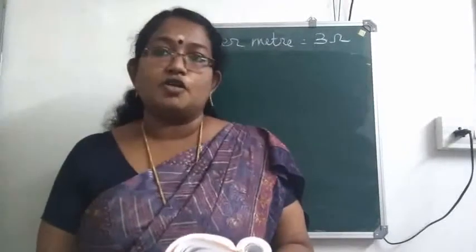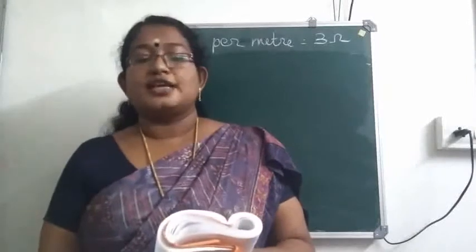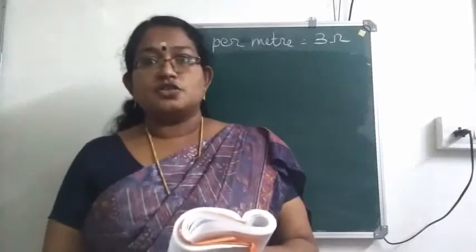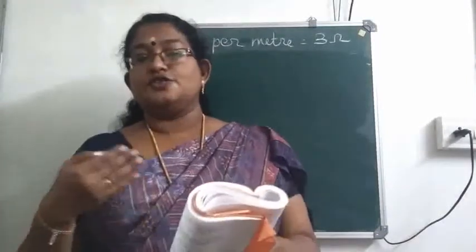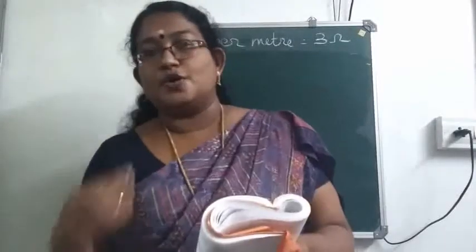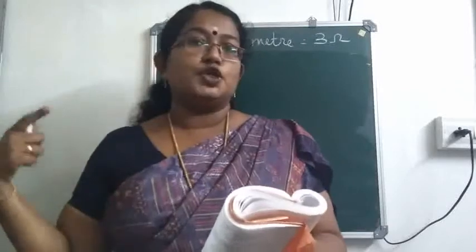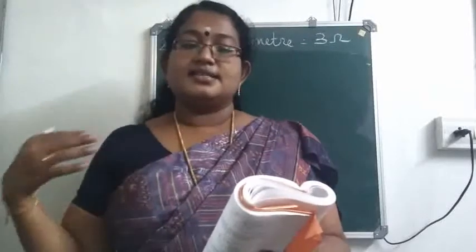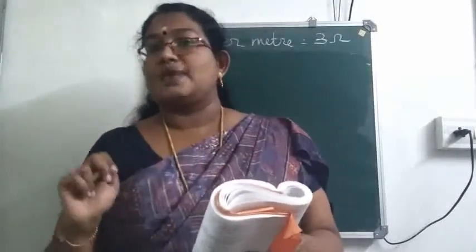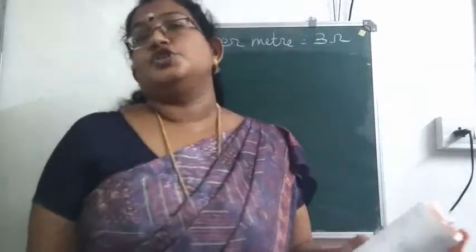Okay. Now (c): the resistance of a 5 meter length of a wire of the same material but with twice the area of cross section. So here actually it is a comparison. First we will consider the standard form of the equation for resistance. Do you remember the equation? R is equal to rho into L by A. Then in the second case we will keep all these values. After that we have to divide both.